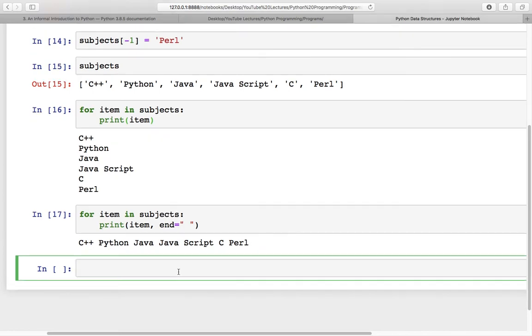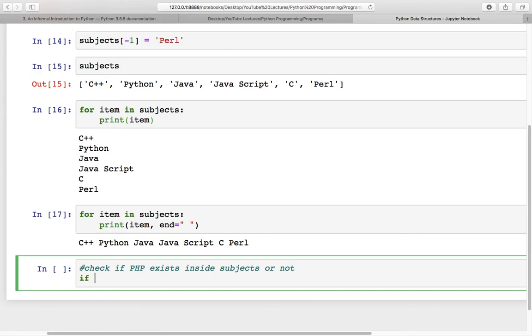Okay. Another thing, you can check if one item exists inside a list or not. So what you can do, maybe first I will provide you a question. Check if PHP exists inside subjects or not. So what can you do?